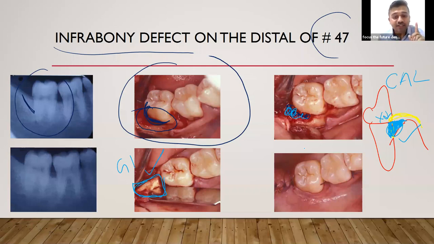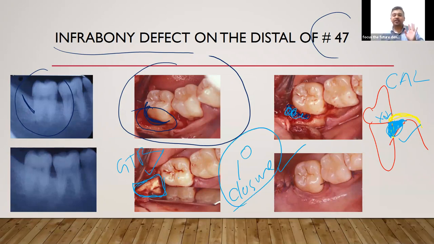One important thing you should understand is that when you place a GTR membrane, you should get a primary closure. Otherwise, this membrane will get infected. If it is exposed to the oral cavity, the membrane gets infected and it can be rejected. So, primary closure. Can you see? It's well approximated. Nothing can be seen outside. Proper closure of the wound. And this is the outcome that you can see here on the